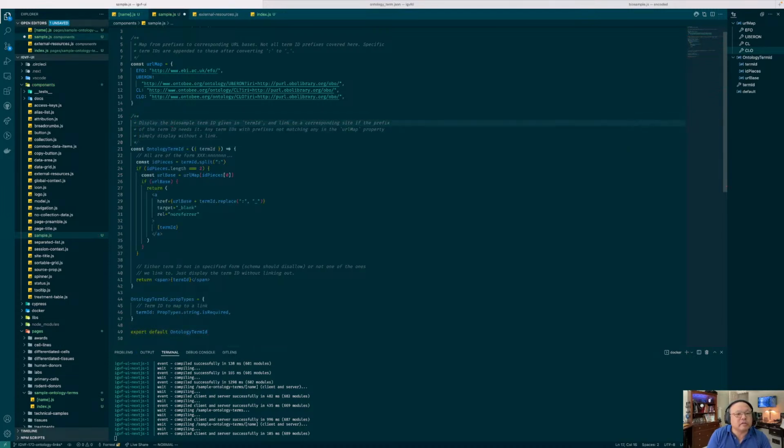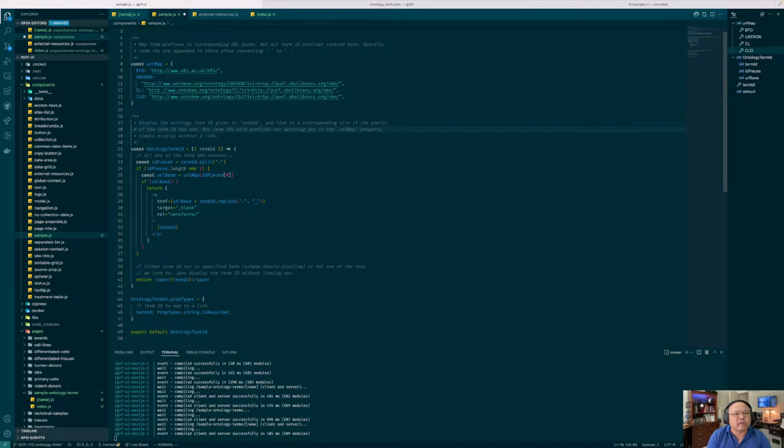Display the sample ontology term ID given in term ID and link to a corresponding site if the prefix of the term has one. Any term IDs with prefixes not matching any in the URL map